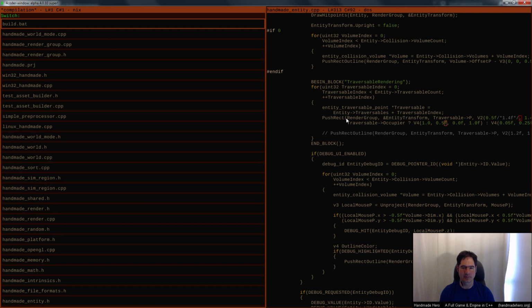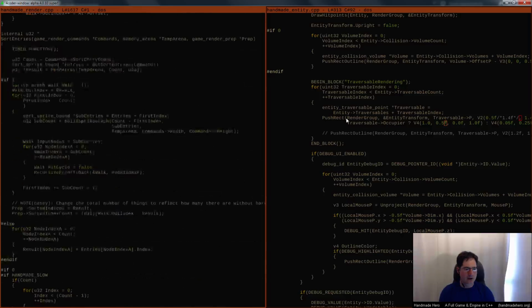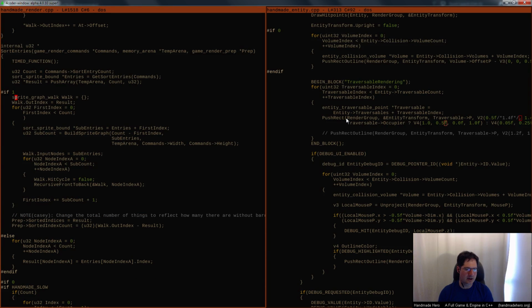Now we already have the concept of a barrier in here, right? And so we know that when we go to render things, we have the ability to have things occur at barriers. So if we take a look at what's happening inside our sort code, when we come out of sort entries, this sorted list of indices can include information to the render system about stuff that needs to happen.